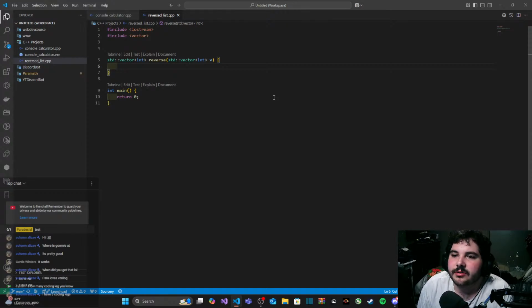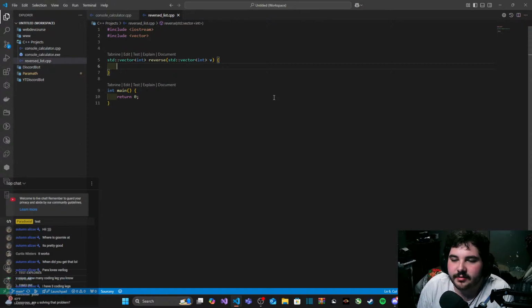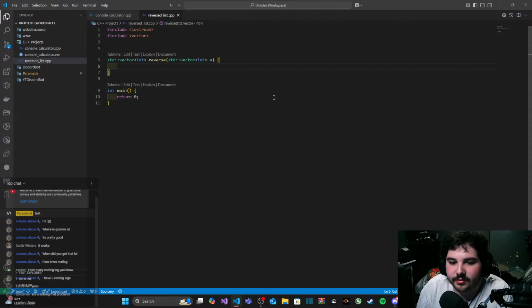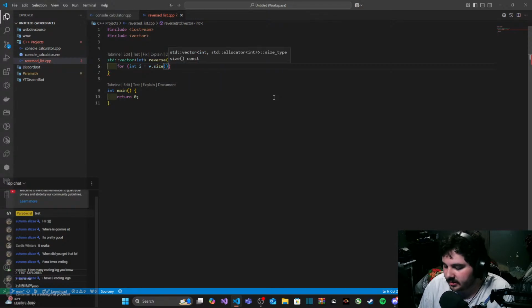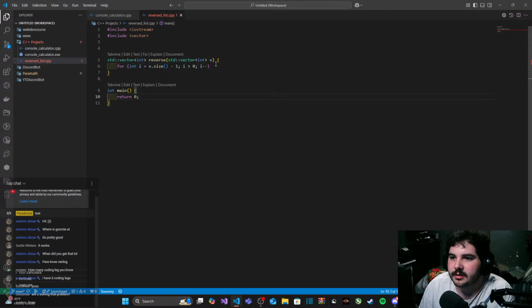Anyway, so what do I want to do? Okay, so I want to reverse it, so I feel like what I should do is iterate backwards. So, for int i is equal to v.size, and then i is going to be greater than 0, and then i minus minus.